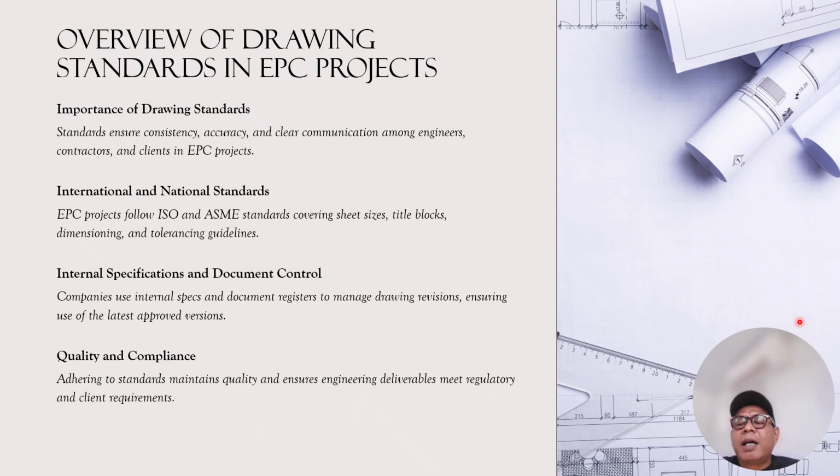So the engineering standards in EPC projects are essential for ensuring consistency, accuracy, and compliance across the design phase, the drawing, and construction. They mostly have problems in the majority: the drawing submission to the procurement and construction is different. It's not easy during this phase, because maybe the procurement already submitted the drawing to them for the technical agreement at the beginning of the project. Then the construction still has revisions during construction, maybe after the equipment arrives.